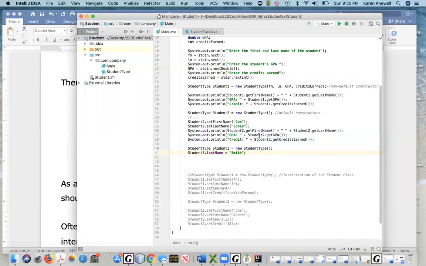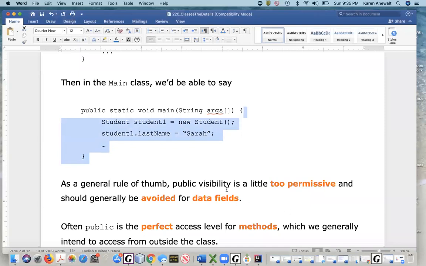And you notice that we have access to that. There's no squiggly lines or anything. Nothing's telling me I can't do that. And the reason I'm able to access that data field is because we declared it to be public. As a general rule of thumb, though, public visibility is really too permissive and should be avoided if you're creating